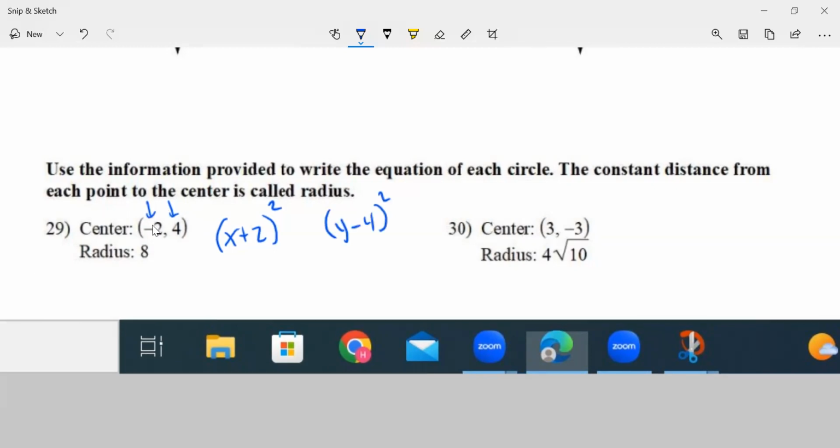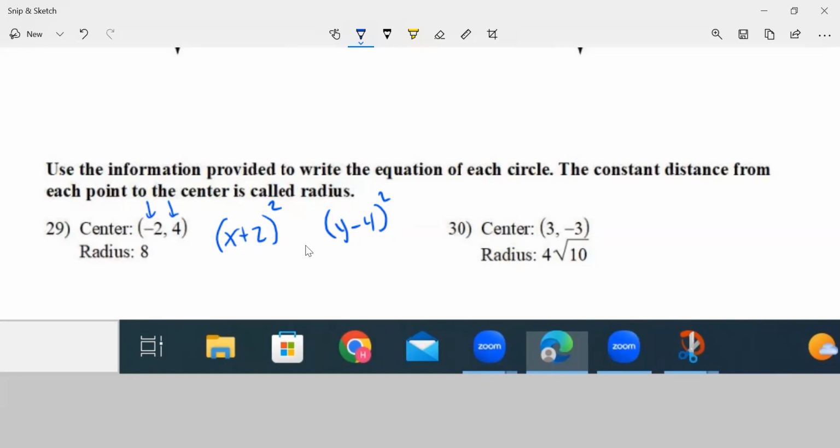A couple of things. Notice on my values, I switched the signs. So from a minus 2, I wrote plus 2. From a positive 4, I wrote minus 4. Another thing too, my letters. This one's an x, this one's a y. So be careful on that. You have to type in x plus 2 and then y minus 4. And then in between,